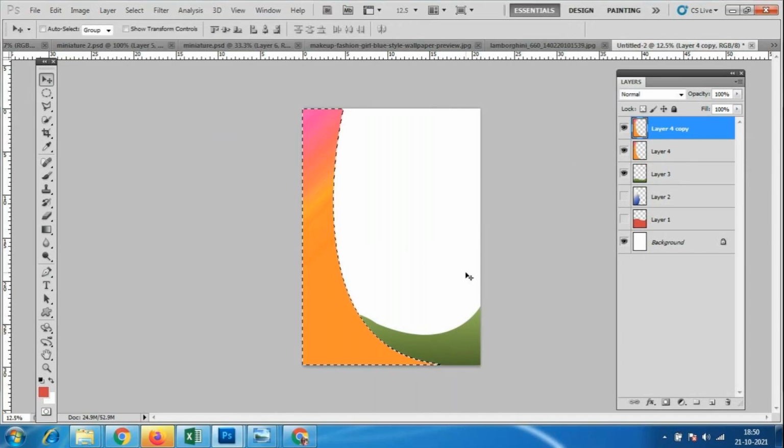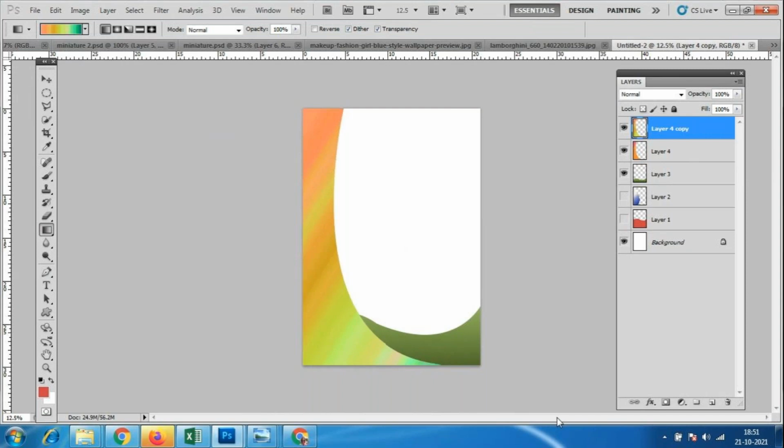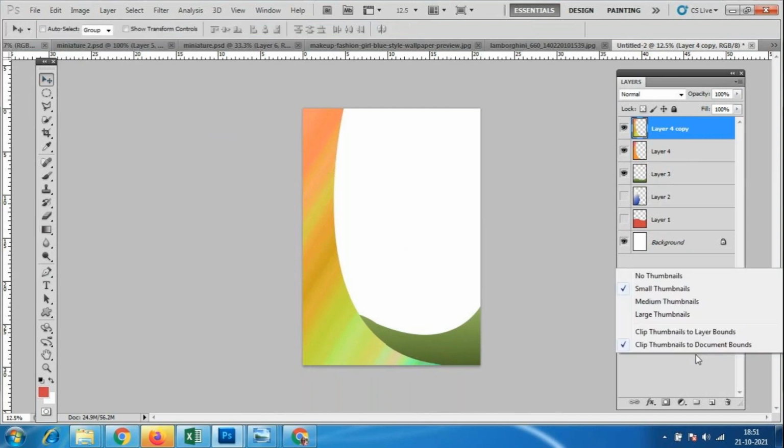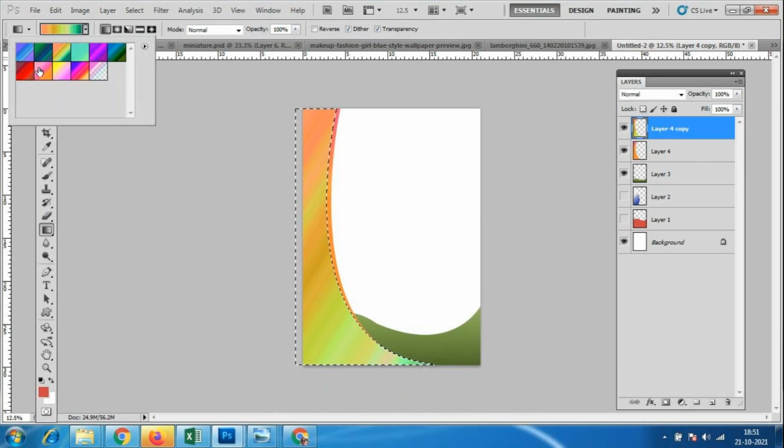Because they have the same color. That's why we are not able to find it. Duplicate file. Let's see where it's placed. So two different things are over here. If you give different colors, then only it is possible.